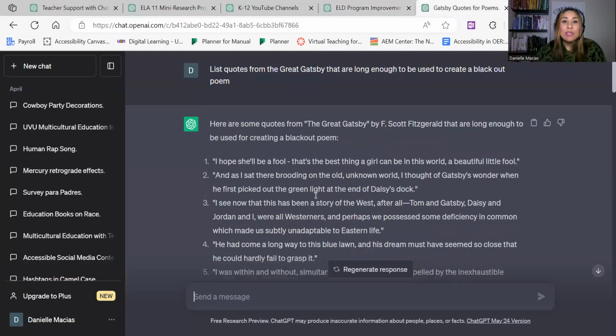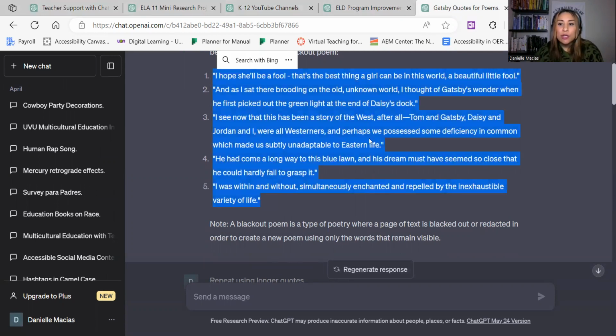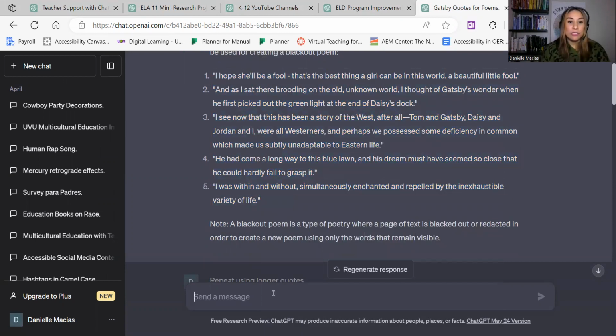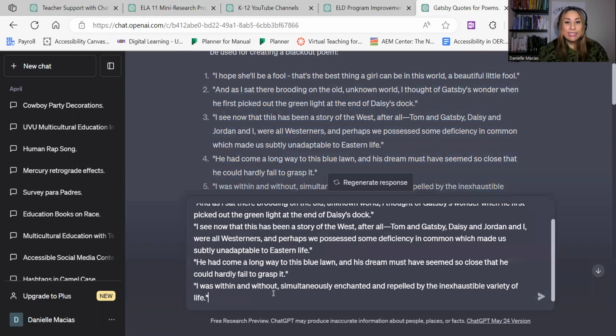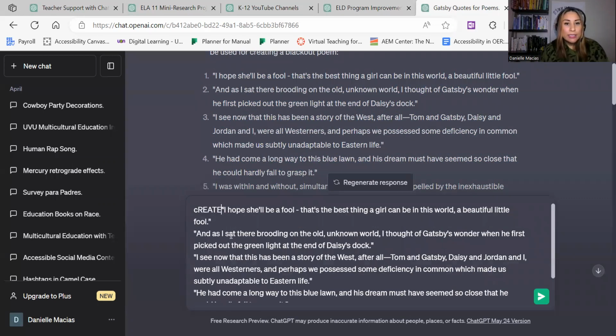And lastly, I've used it for very specific assignments. Like this one was list quotes from The Great Gatsby that are long enough to be used to create a blackout poem. So here are some quotes, and I'm going to use it live with you right now just so that you can see how cool and how fast it is. And I hope it doesn't fail me because I've been on this page for a while, so I hope it hasn't locked me out. So I'm going to just paste these quotes,